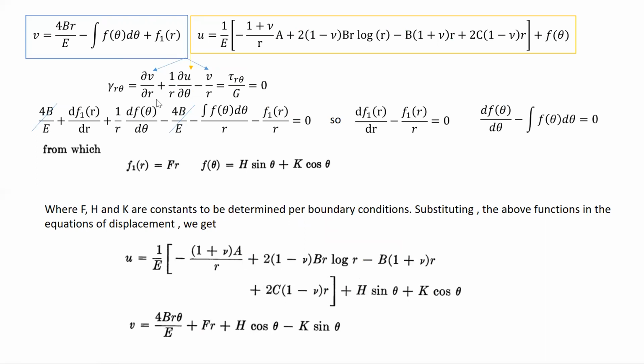Now, to calculate those, we know that the shear strain, gamma r theta, is given by this expression as a function of u and v in the polar coordinate system. And because shear strain is 0, this expression should be 0. So substitute v and u into this equation and make it equal to 0. You end up with these two equations. You can see B cancels out, and you end up with this equation, which has the term of